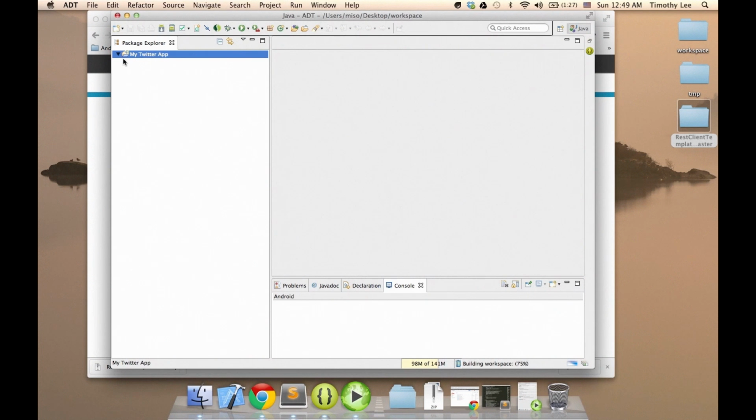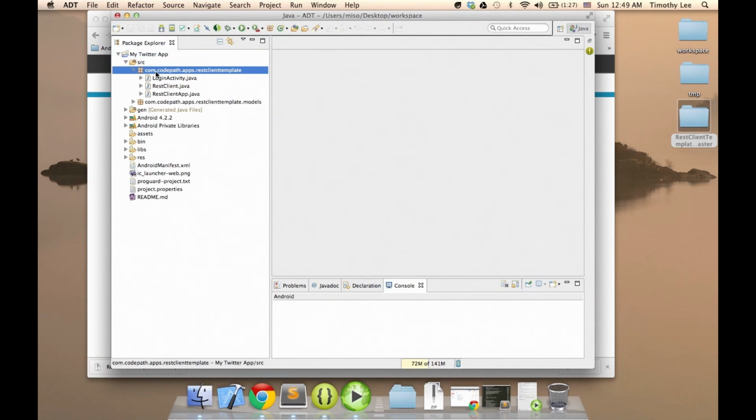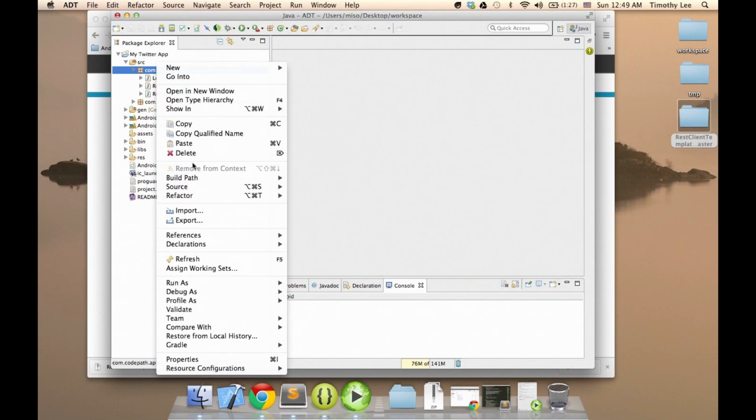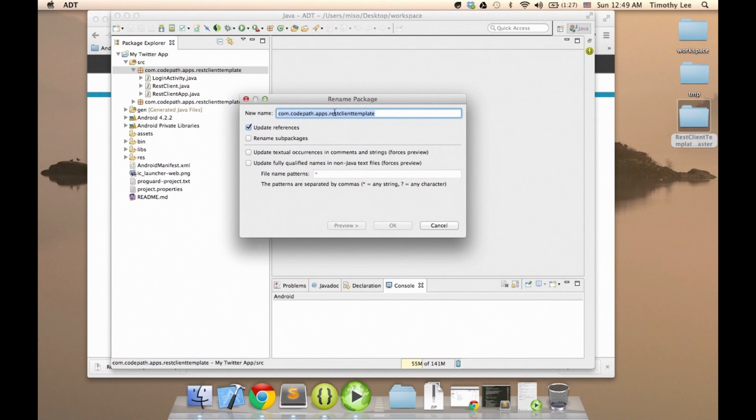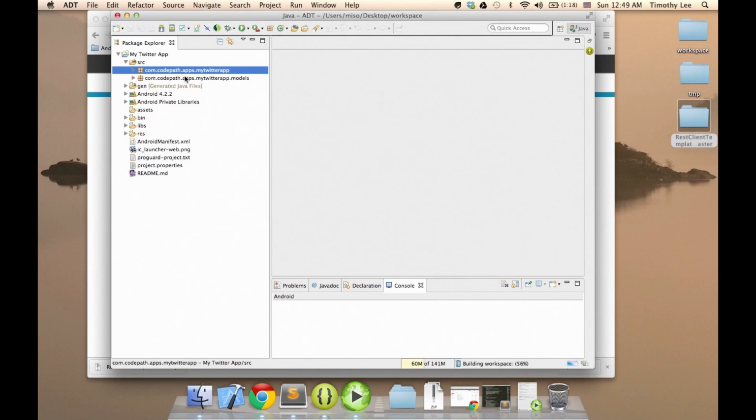And in addition to this, I'm going to change my package names. So instead of REST client template, I'm going to change it to be my Twitter app. And when I do this, I'll make sure I select the checkbox to rename the sub packages. Okay, so now that I've started renaming that,